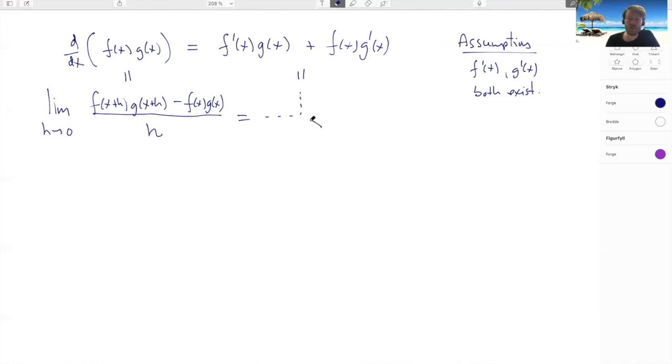Now the tools we are allowed to use here is basically the rulebook for the limit. So that's one thing. And the second thing is an observation that comes in the textbook just before this, and it's the fact that if f prime exists at a point, this implies that f is continuous at x, okay? So this implies that if you have the limit as u tends toward x of f of u, this gives you f of x. Basically, if you have anything inside of here tending towards x, you can just replace all of this